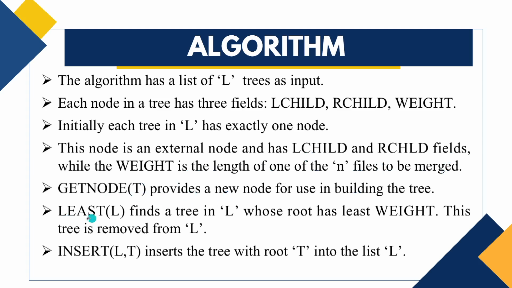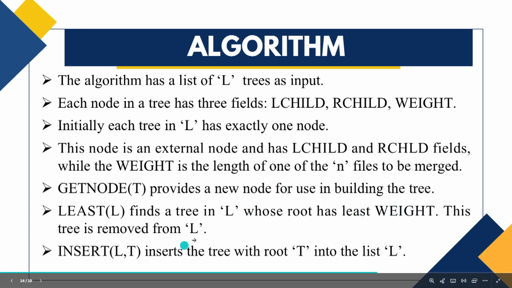and we made use of a function called least(L). As I told you, it helps you to find the tree from among the set of trees in L with the least number of records, and I told you the purpose of the function named weight. And insert(L, t) will help you to insert a new node onto the tree. And as such, in that algorithm we noticed we had a loop that runs n minus 1 times,